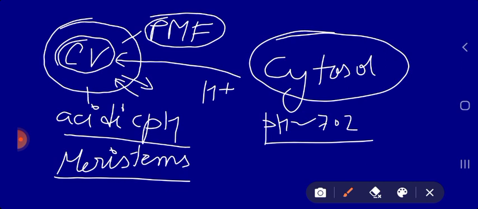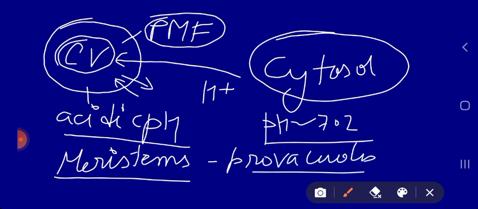Meristems contain small provacuoles, and the cells of vascular cambium may have small vacuoles in the winter and one large one in the summer. So meristems have small provacuoles, while the cells of vascular cambium,